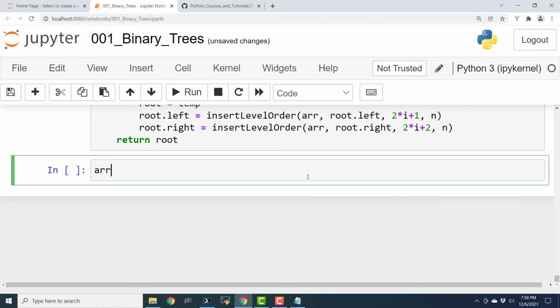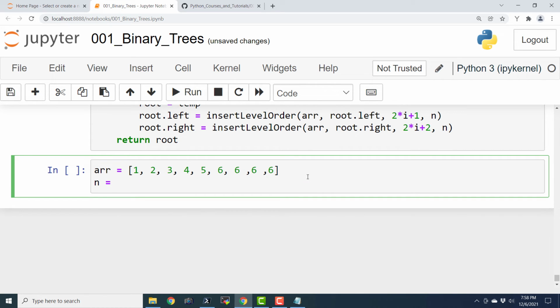So I will say ARR equals 1, 2, 3, 4, 5, 6, 6, 6 and 6, n equals length of ARR.